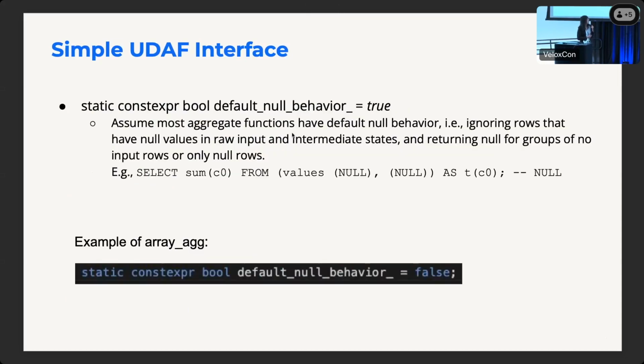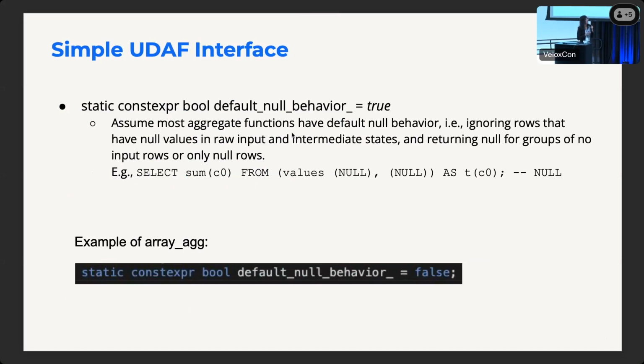The next thing is a critical decision that the author needs to make: whether this aggregation function has a default null behavior. So what does it mean? We found that for most of the aggregation functions, they ignore the input rows or intermediate rows when there is a null value in any of the columns. Plus, they return null as a result for the groups that